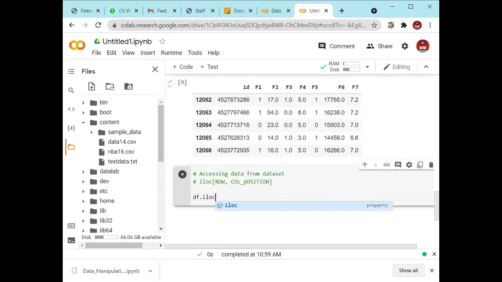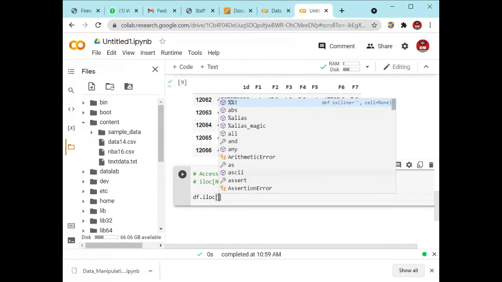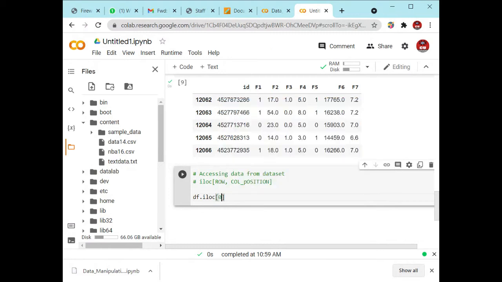In the iloc function, you have to define the row. So what is the row? You will start the row from 0 to 10, and you can give the column position up to which position you have to show the output.